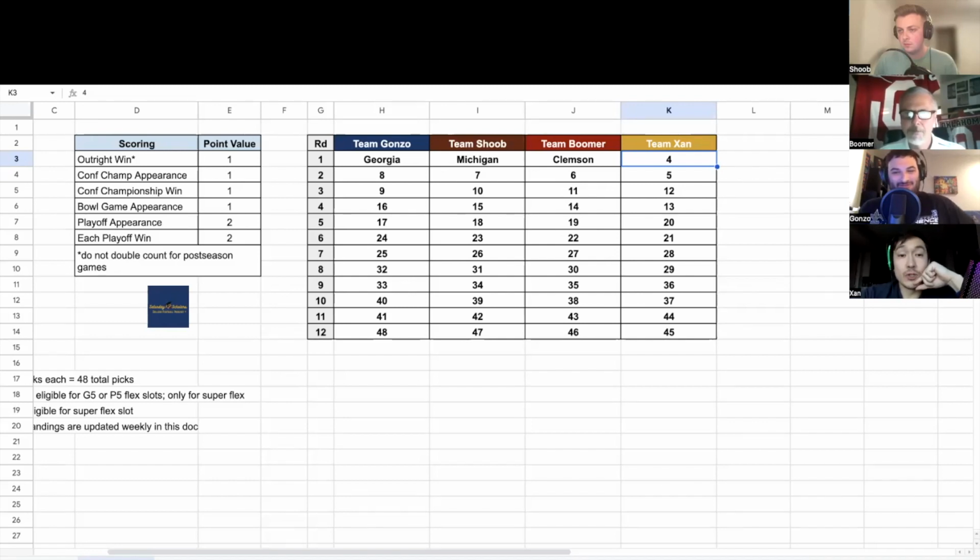Well, speaking of tier drop offs, I'd be stupid if I didn't take Ohio State right here. I'm going with Ohio State at 4. And then I'm going to go right back at you, Gonzo, because based on our scoring system, I'd be stupid not to take Florida State at 5 because the tier drop off in the ACC is so steep. I got to at least get one of the teams that's going to be in the conference championship game to assure me some points. So I'm going to go with FSU.